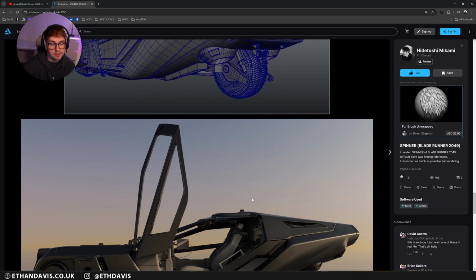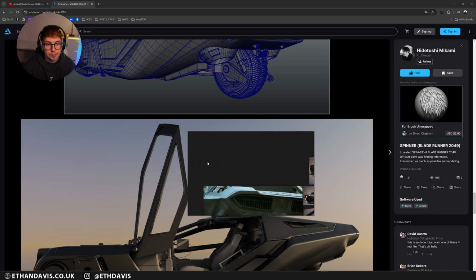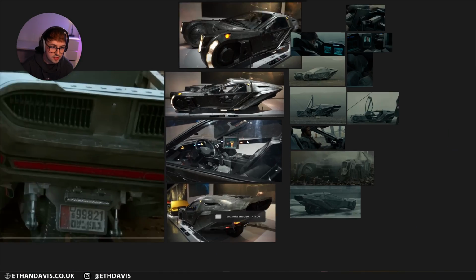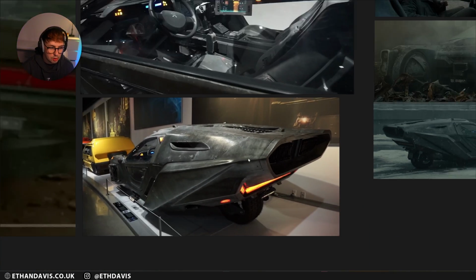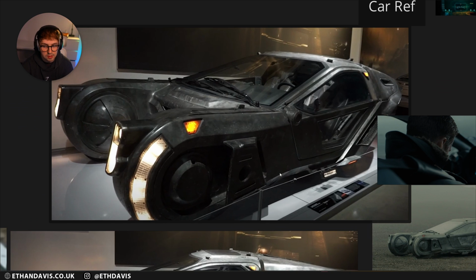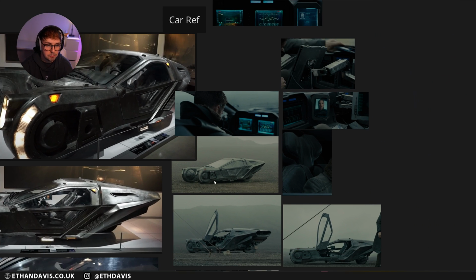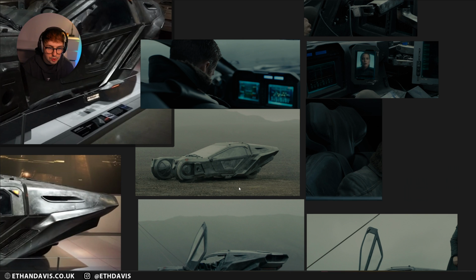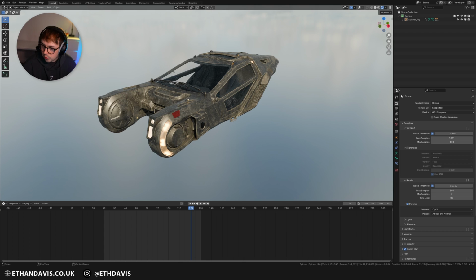So from there, I essentially started texturing this vehicle, and I was using my PureRef references here to basically go off how I was going to texture everything. So I think the next step is that we jump into the Blender file and I'll show you around the model, and then I can show you in Substance Painter how I actually textured all this.